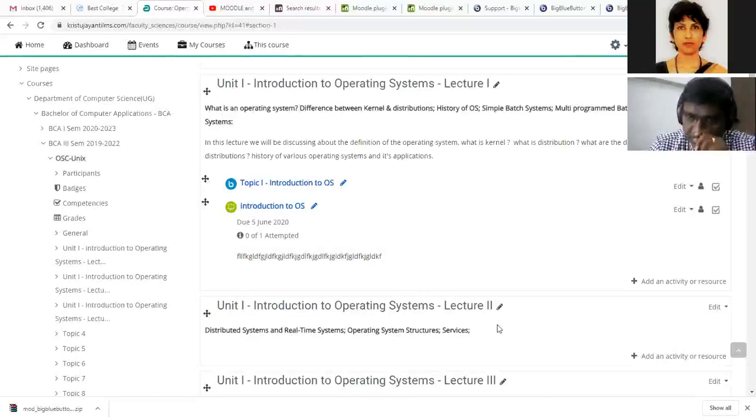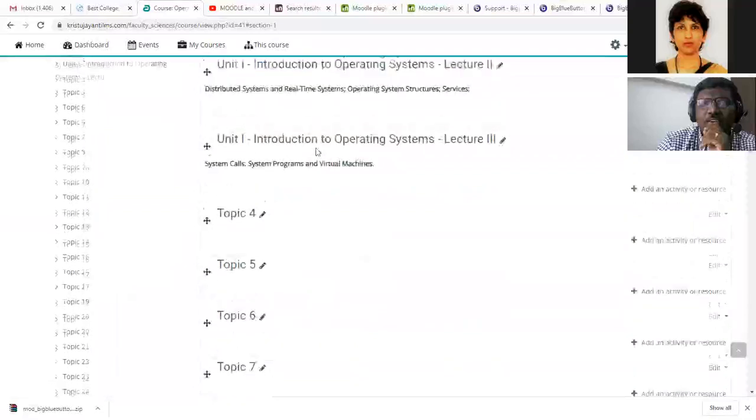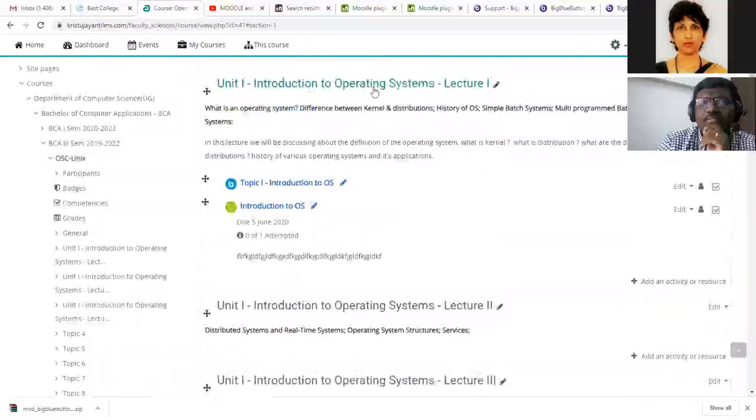One more thing, sir. Suppose topic 1, topic 2: can different teachers have different things, or should topic 1 always remain uniform, or can it be lecture? When we enter the dashboard, it comes as topic 1, topic 2. Can we change that to lecture 1 or class 1? That is what I have done here. Topic 4 is here; these are the topics I have not changed. Only the first 3 topics I have changed.